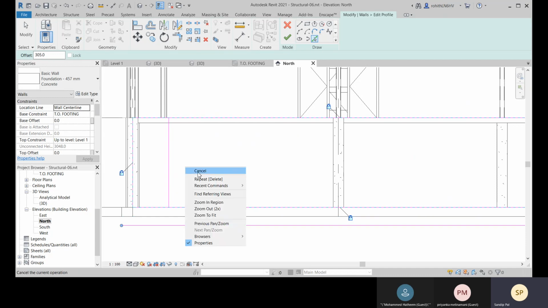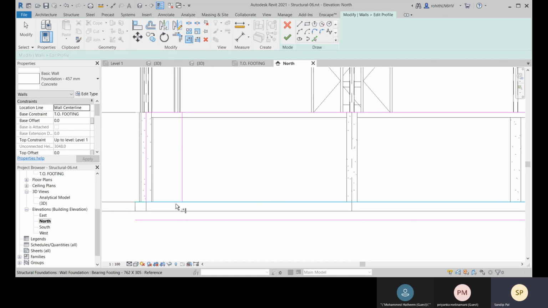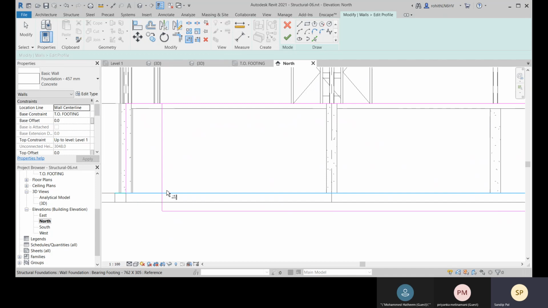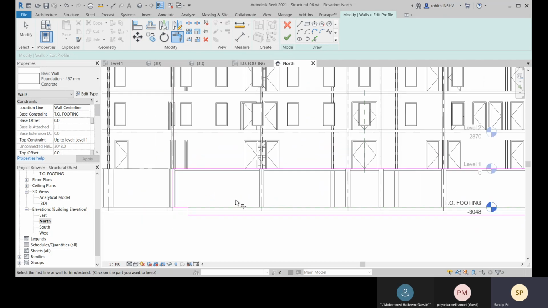So let me just trim this part. Let me just trim this one, and this one to this one, and this one to this one, and this one to trim, like this.